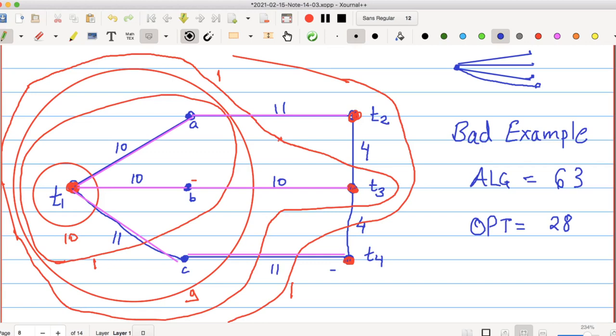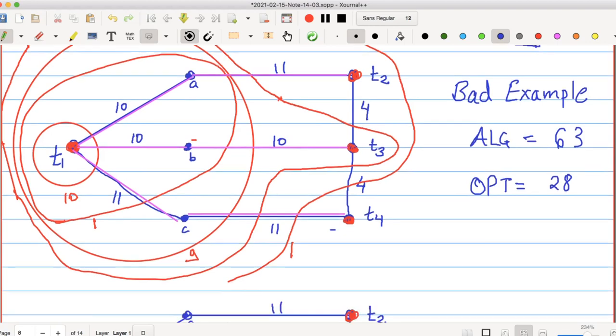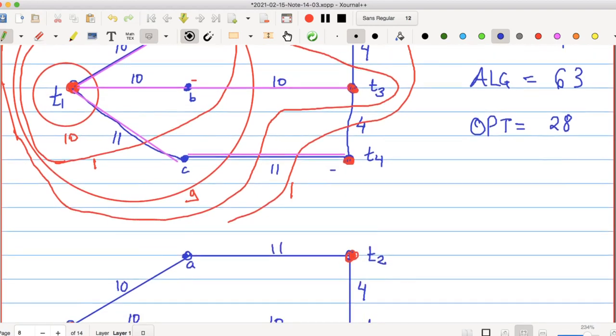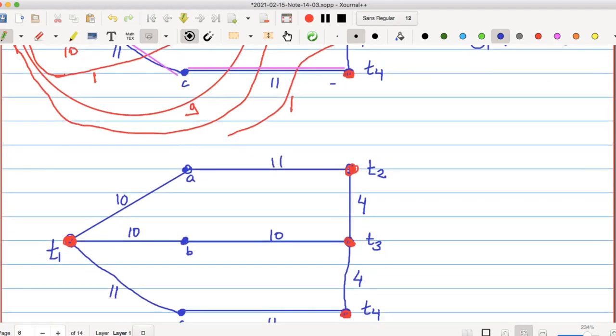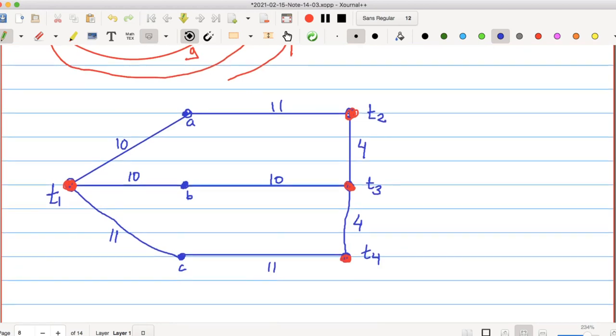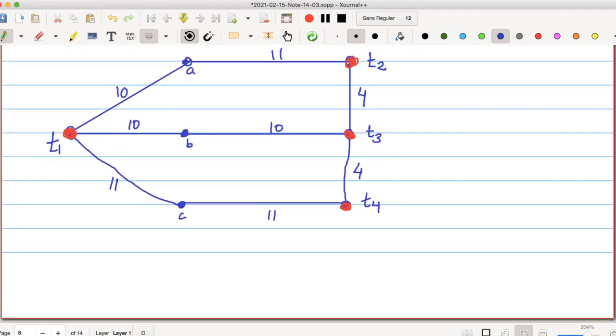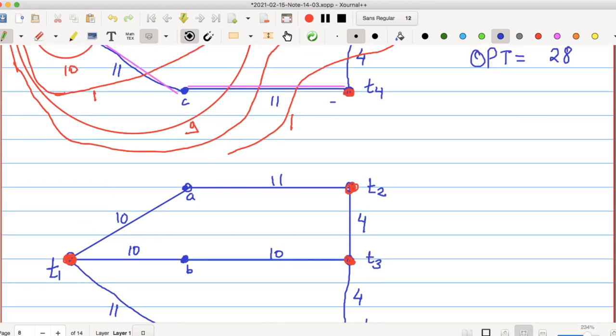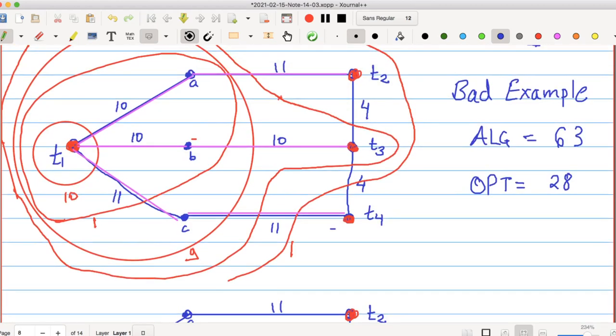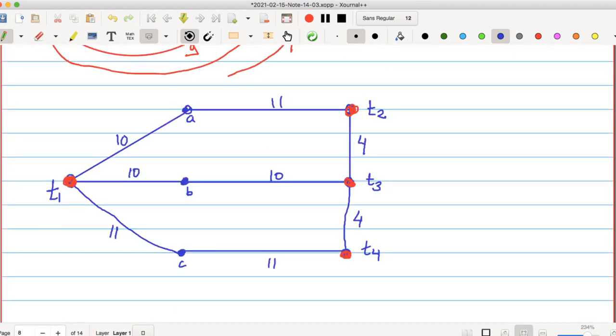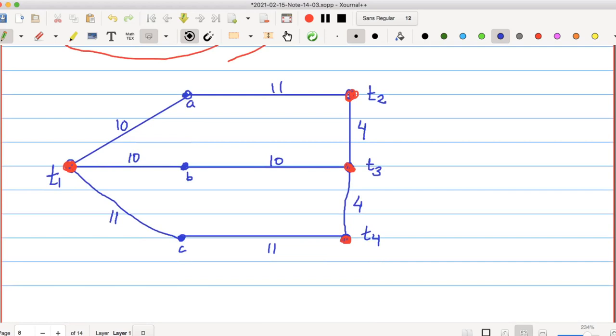So that's why this strategy is not good, and that's why we want to move on to the next idea, which was that we will simultaneously increase multiple dual variables. Instead of just one dual variable, we will maintain multiple dual variables and increase all of them simultaneously.